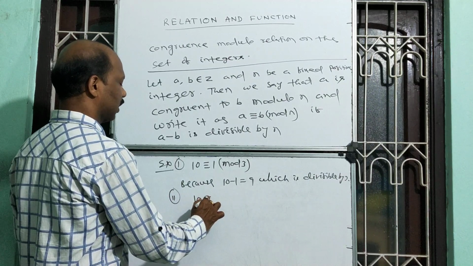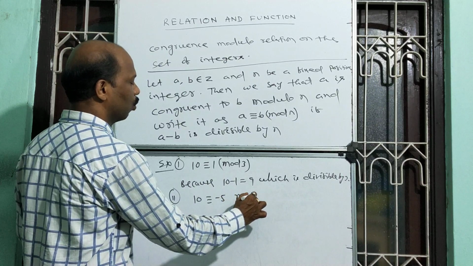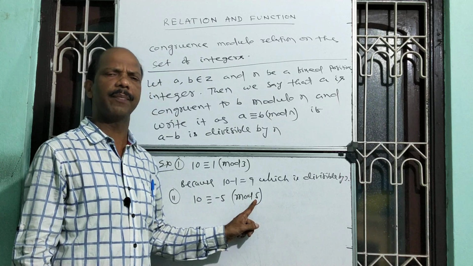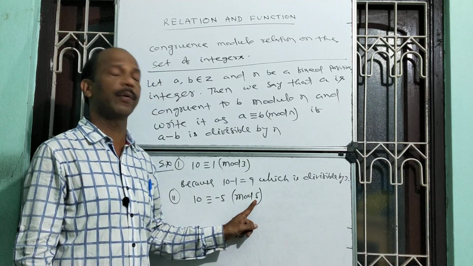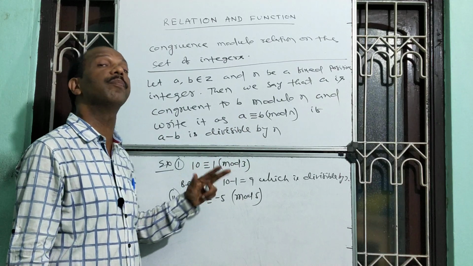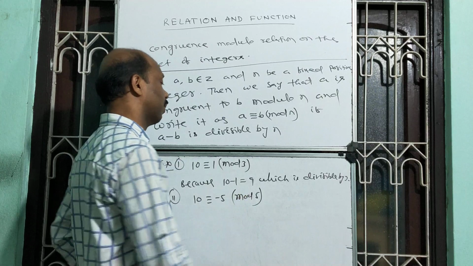10 is congruent to minus 5 modulo 5. The modulus must be a positive integer. That may be 1, 2, 3, 4, 5, whatever it may be. But a and b may be positive or negative. 10 is congruent to minus 5 modulo 5